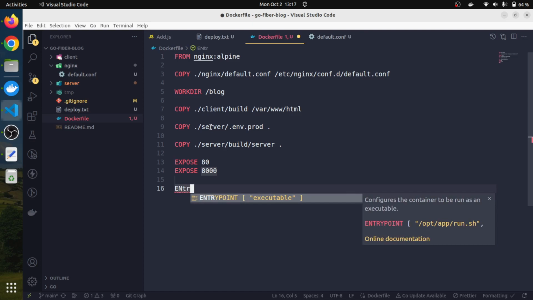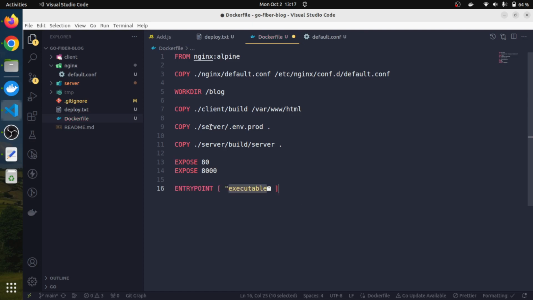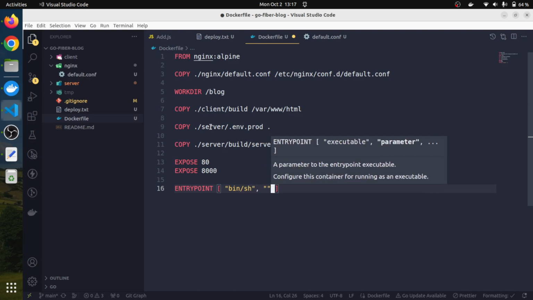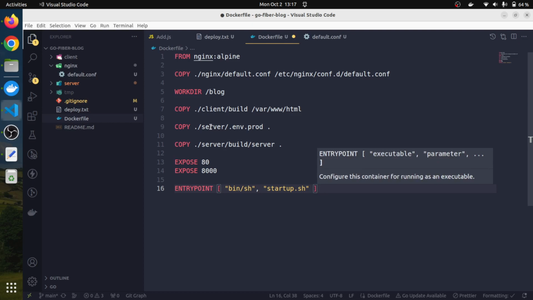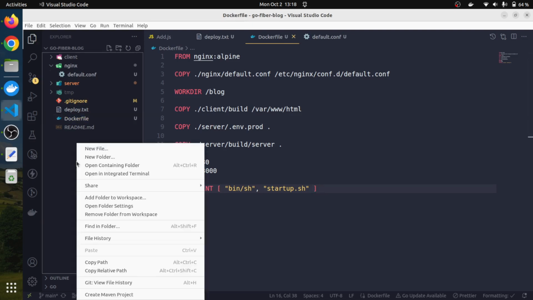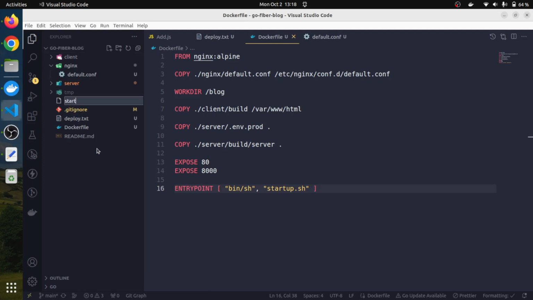Next, we will create an entry point. Here I am going to create an executable file. I'm going to create a custom startup file so that I can specify the commands over there. So next, we will need to create a new file,